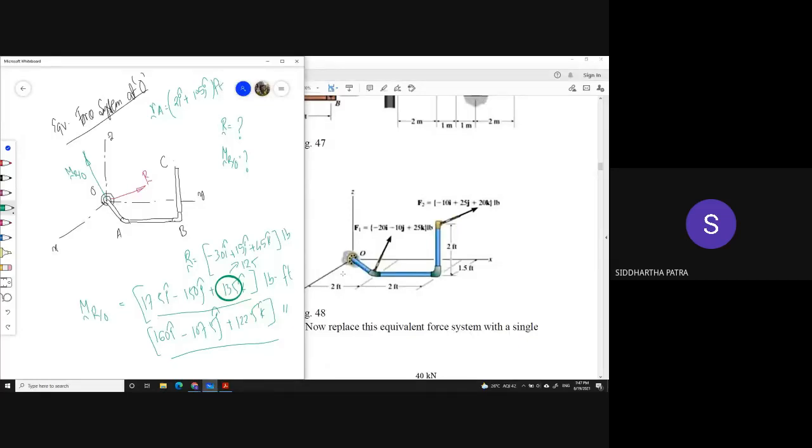And for F1, this quantity is supposed to be RA cross F1, and RC cross F2, and RC, you see RC with respect to A is